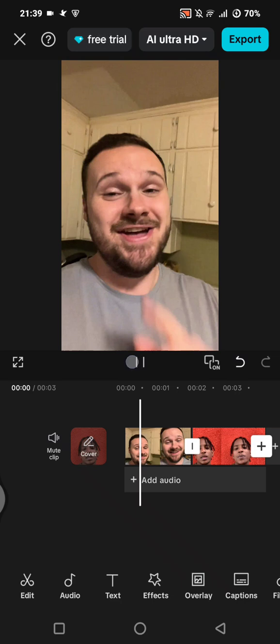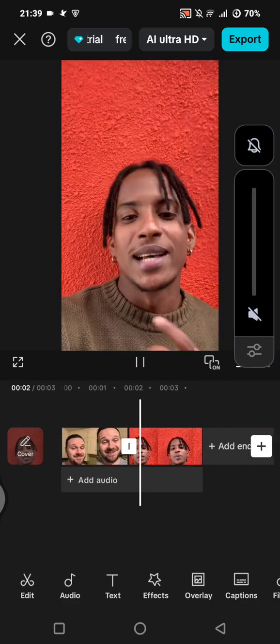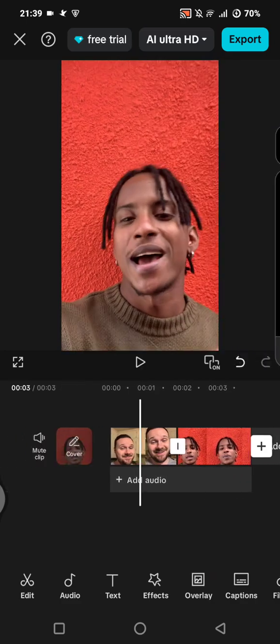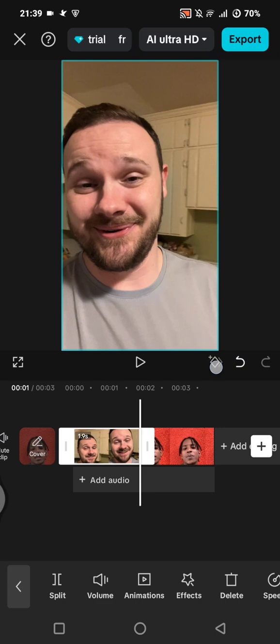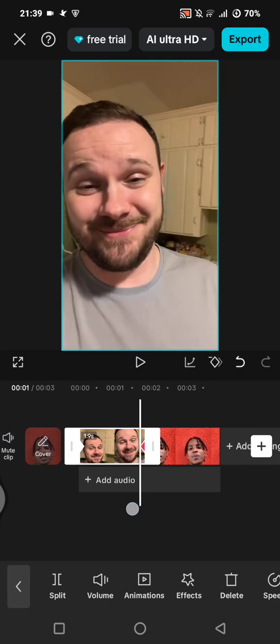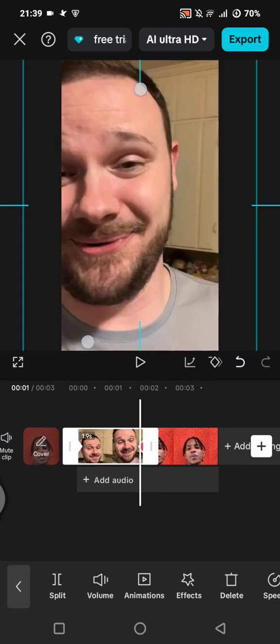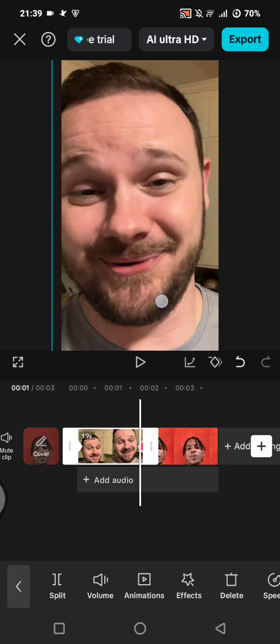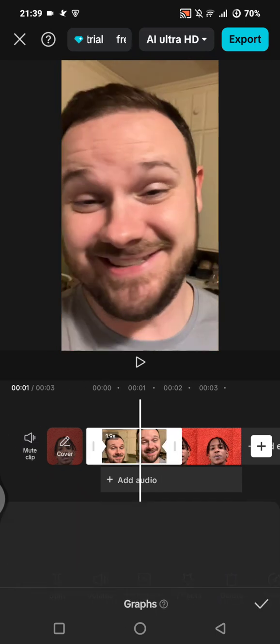So first you can just add your clips. And on the first clip, you can add two keyframes, one at the start and the other one at the end. And you can just zoom in the clip on the last keyframe, like this, for example. And then you can go to grabs,